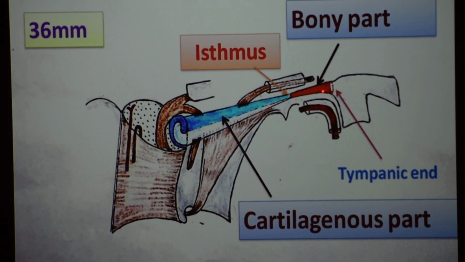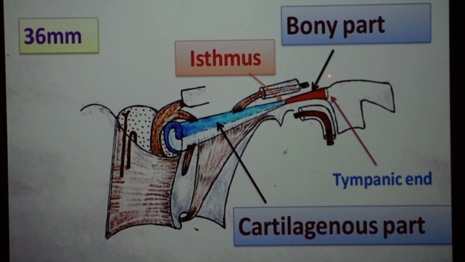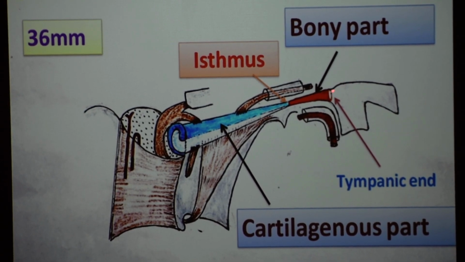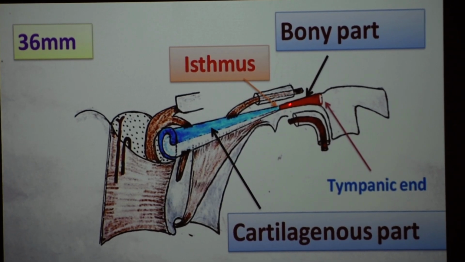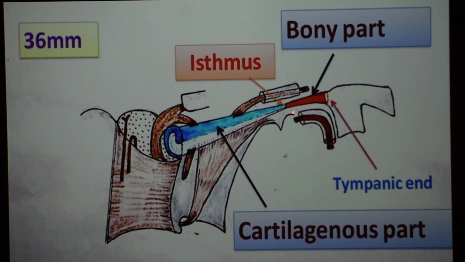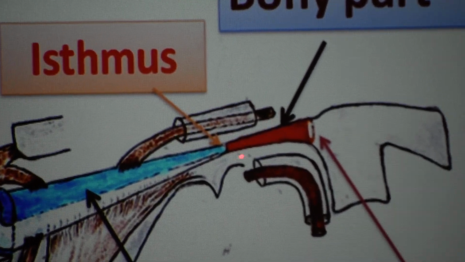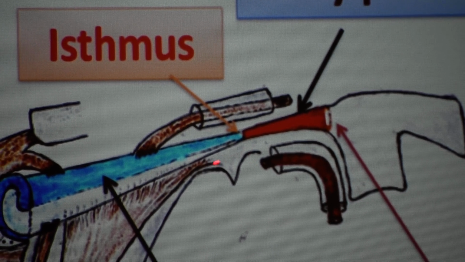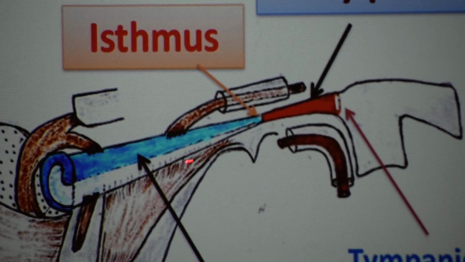That starts just above the floor of the middle ear cavity through the tympanic orifice. Now this bony part is directed downward, forward and slightly medially, and here there is a small opening, the narrowest part, that is the jagged margin of the bony wall of the auditory tube. There is a continuation of the cartilaginous part of the auditory tube.